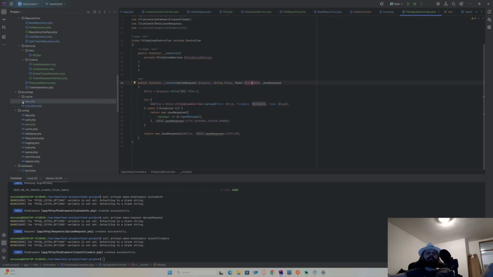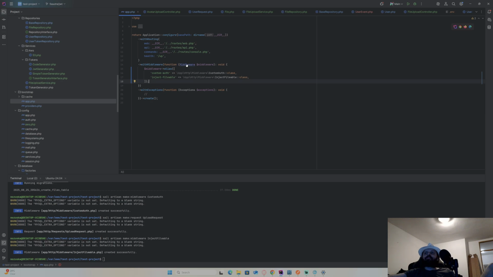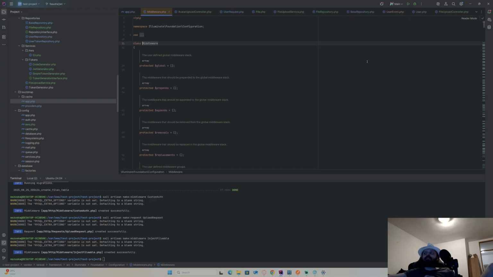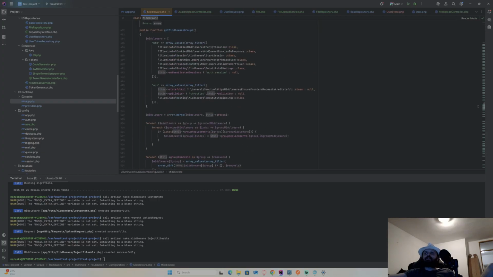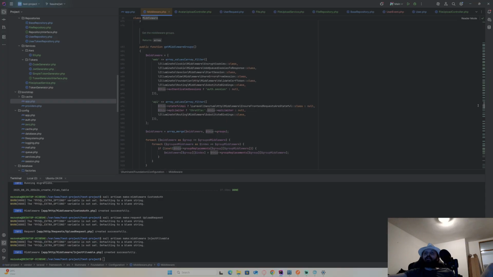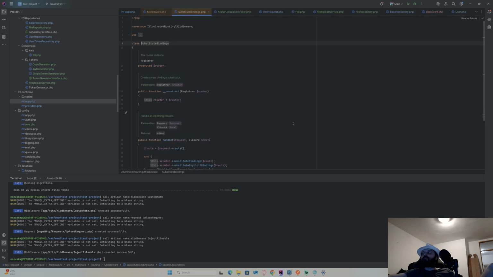I did it again, into the app and this middleware. Not this middleware. Yeah, this middleware actually. It has to have the default middlewares. Those are groups. The query cookies, response, substitute bindings. This should be the one.